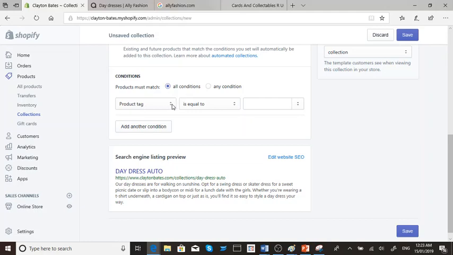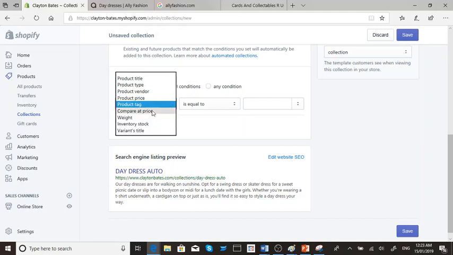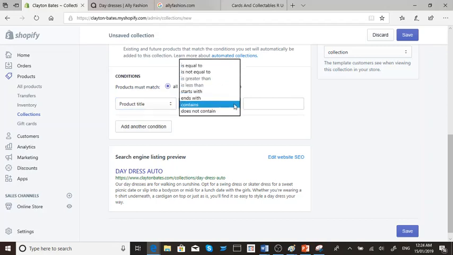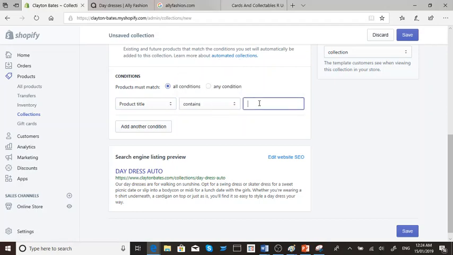So where it says product tag, if you click the arrows, these are all the different types of conditions. So conditions by product title, type, vendor, price, inventory, stock, whichever. So we're going to do title. And then the next one here, it normally populates what's commonly used, but if you click here, you can actually change it to whichever. So this one says contains. So if we click here and we type dress, so anything with a product title dress will be put into this collection. So now if we save it,